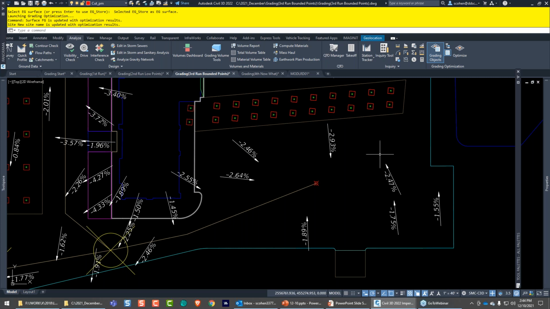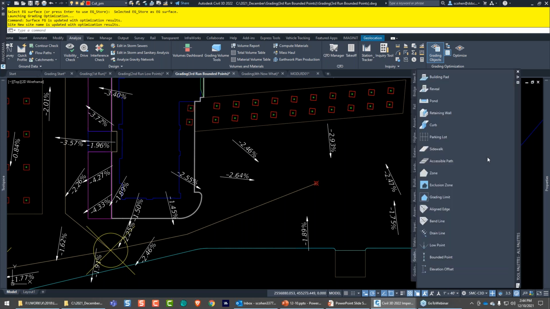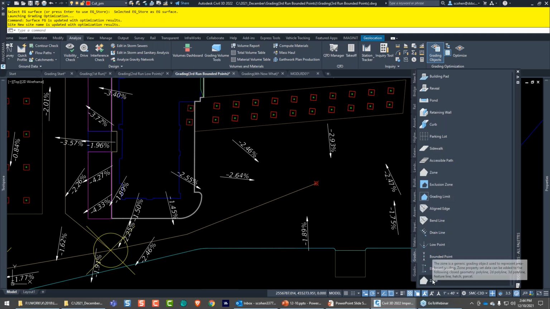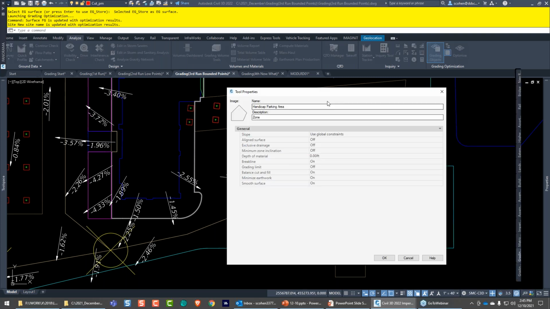Like I said, if you want to actually have your own custom tool, let's say I want to add a zone just for this one here, I can right click here and choose copy, and right click here and choose paste. And I'll rename it, and we'll call it handicap parking area. All right, and I'm going to right click here and go to properties,